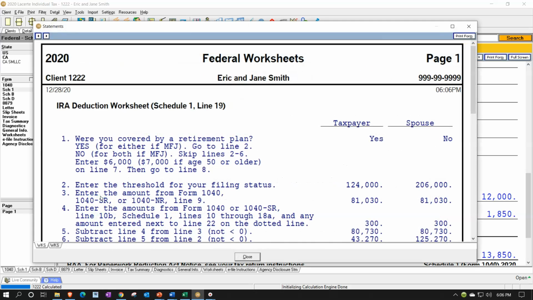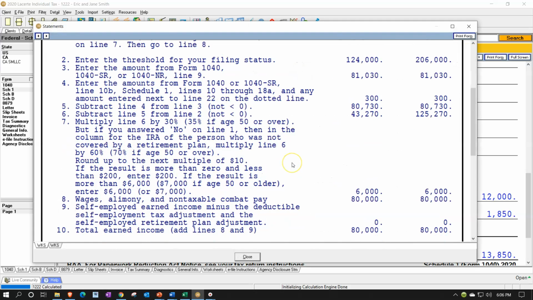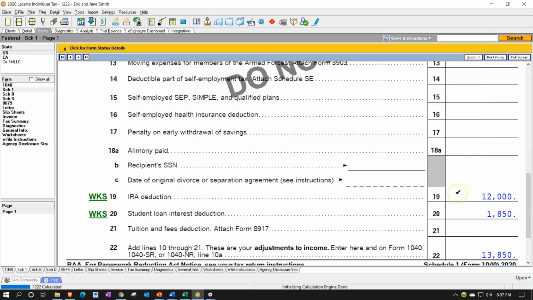If I then hit the worksheet, you could see basically any kind of limitations that could be put in place with the worksheet here. I'm going to be reliant on the software to some degree to help me out with the phase outs related to the IRAs. So again, if they just basically told us, hey, we each put 6,000 into an IRA because we know we can based on our tax planning last year and whatnot, then we would just enter that amount